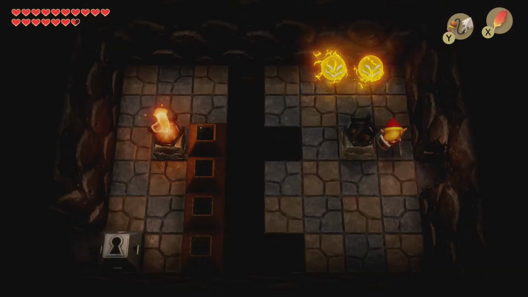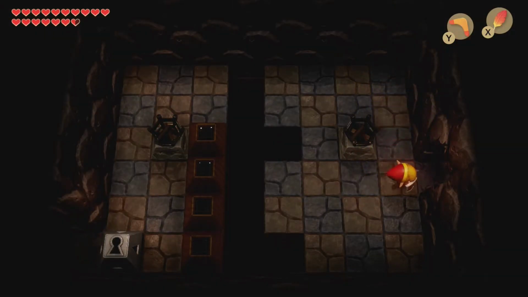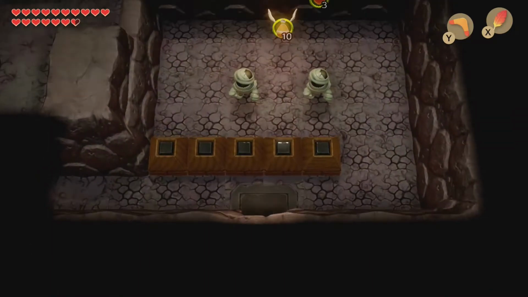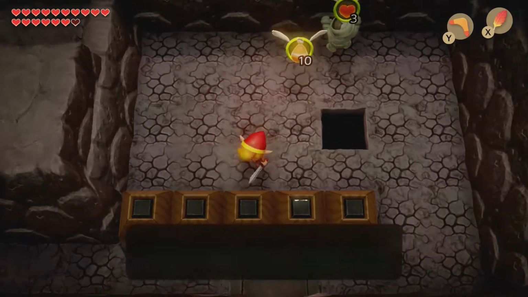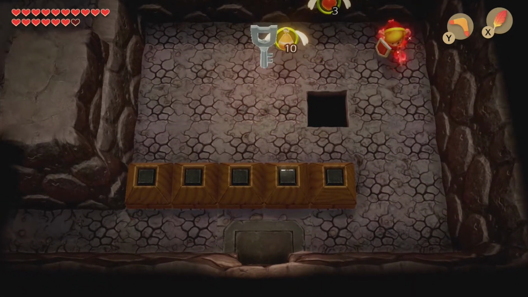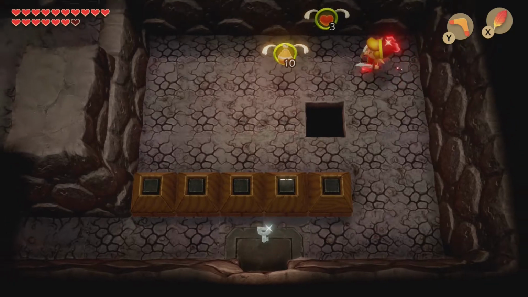Unless we can get rid of both of these guys using our boomerang, and maybe that'll give us something. No. Alright. Instead, we're going to head out. In this room, we have a bunch of Stalfos. Or Gibdos, that is. Just try to move around as much as possible. Don't die. And now we have a key at the entrance,